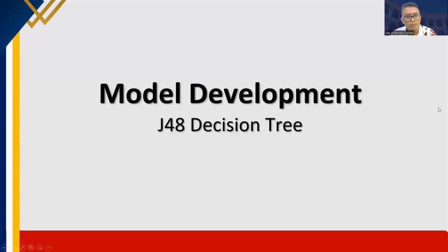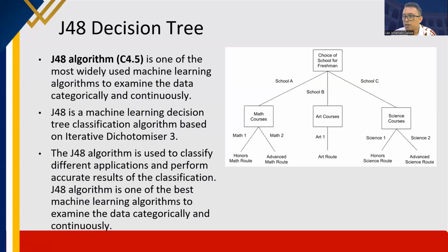J48 algorithm is very, very popular, especially in the field of clinical studies and among others because of its high prediction rate. The model is very simple and very easy to understand and implement. Right, so let's start with what is the J48 algorithm. Okay, as I was saying, J48 algorithm or the C4.5 is one of the most widely used machine learning algorithms